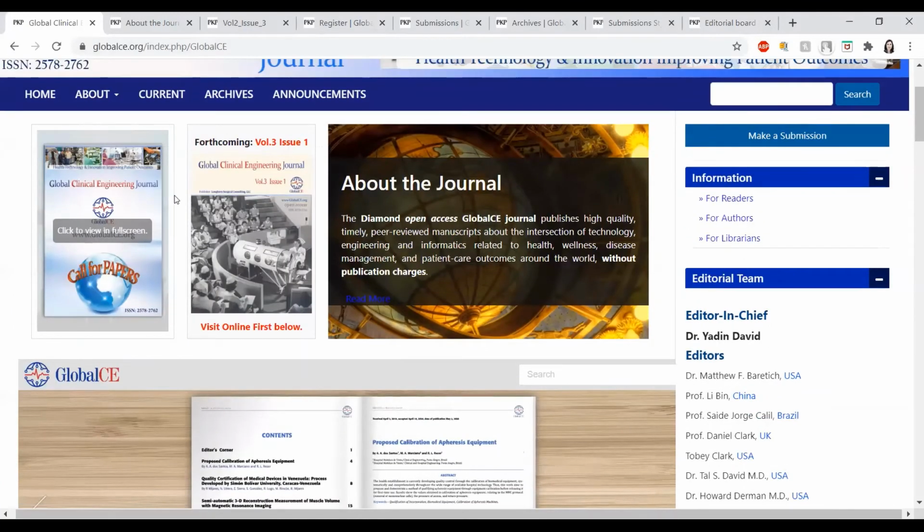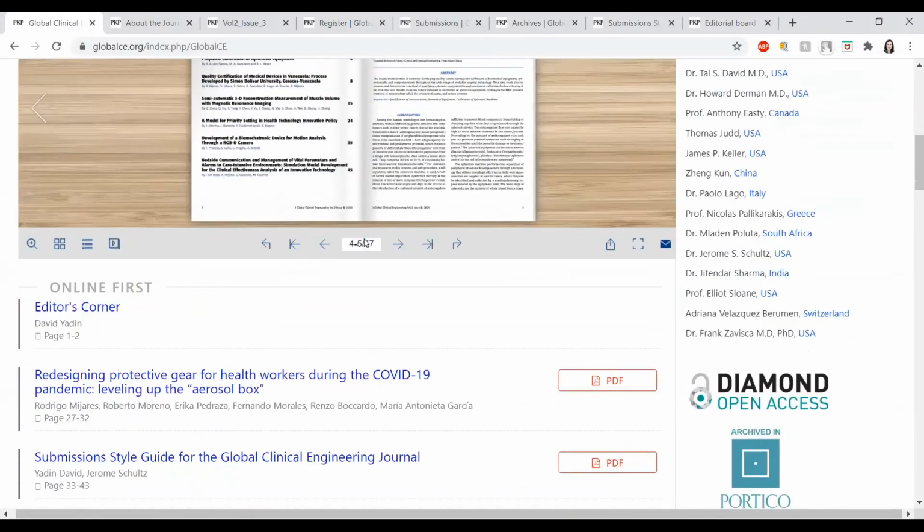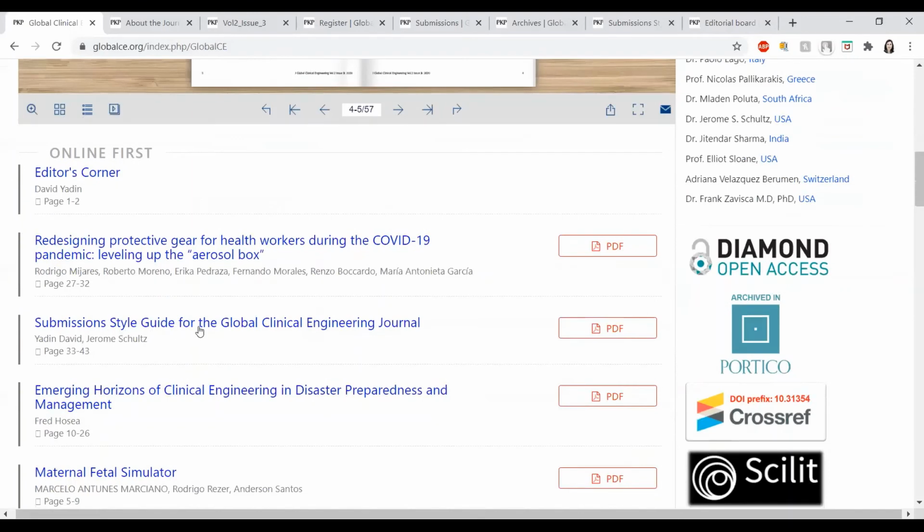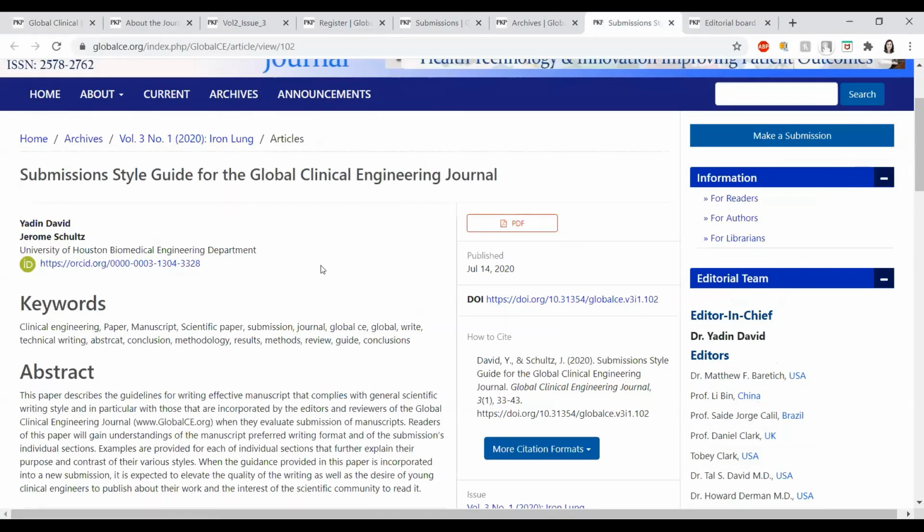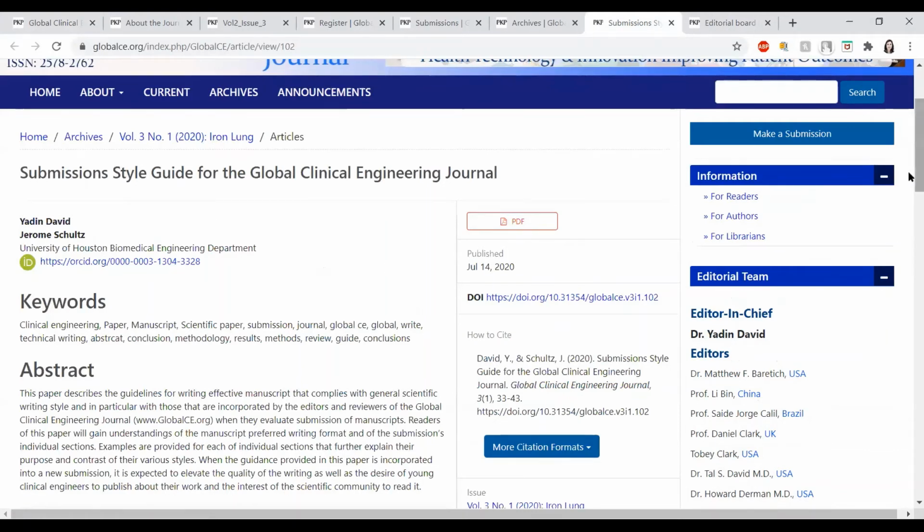So if you go and look at this, this is the cover page showing the iron lung, celebrating almost 100 years since the invention of the mechanical ventilators and the important tools during the COVID-19 fight of the virus. But if you look at one specific paper I want to show you, we publish a guide for how to submit a manuscript to the Global Clinical Engineering Journal with all the